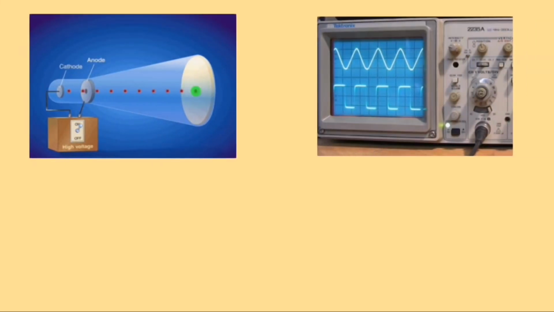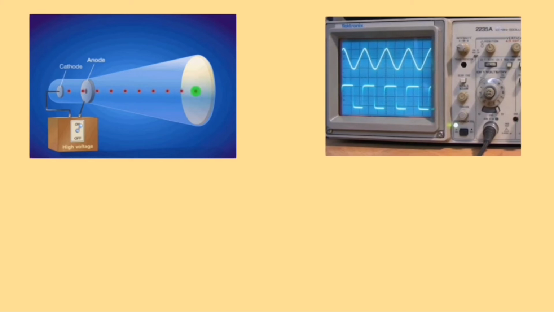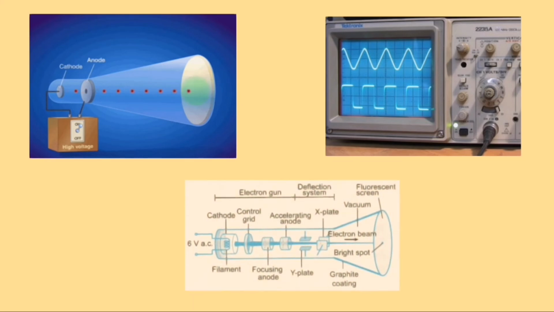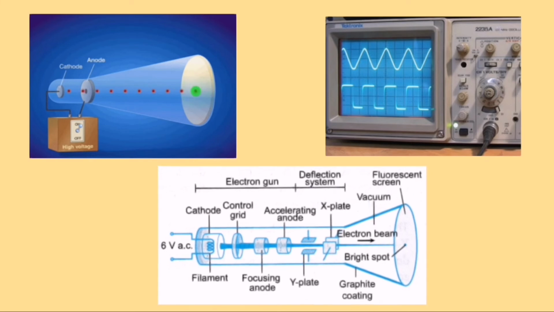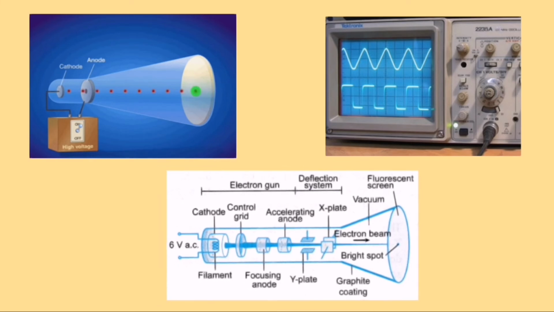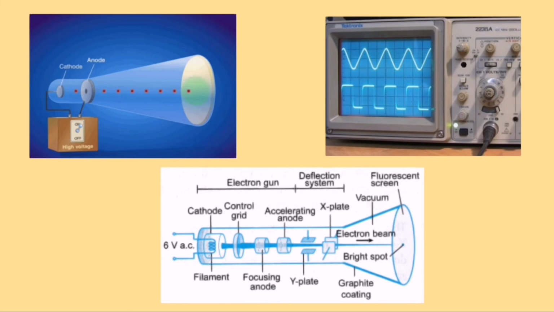Okay, students, if you want to know how the cathode ray casts a bright spot or bright traces in front of the C.R.O screen, what energy changes occur as the cathode ray travels from the cathode towards the screen, and also what are those parts inside the cathode ray tube and the function of each, join me again in my next